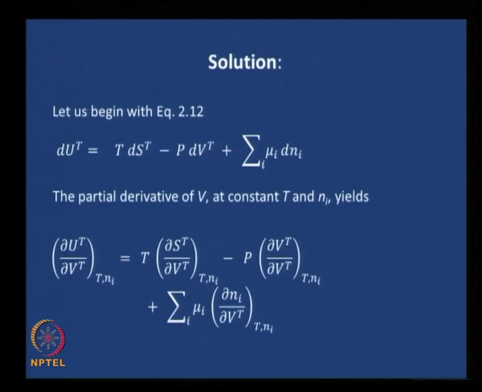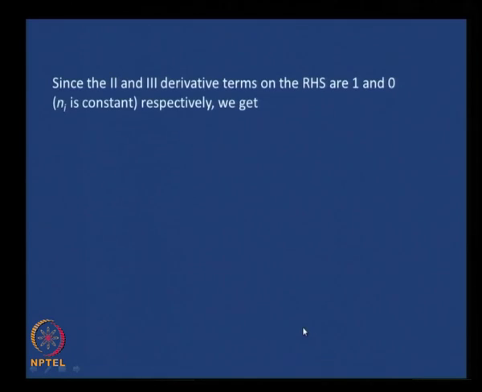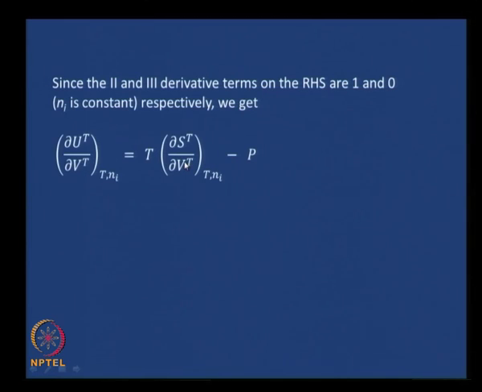Let us continue with the solution. Look at the second and third terms on the right hand side here: minus p ∂Vt/∂Vt at constant T, Ni, plus summation of μi ∂Ni/∂Vt at constant T, Ni. The second and third derivative terms on the right hand side are 1 and 0. 1 because ∂Vt/∂Vt goes to 1, and 0 because Ni is a constant, so any variation with Ni would be 0. Therefore,